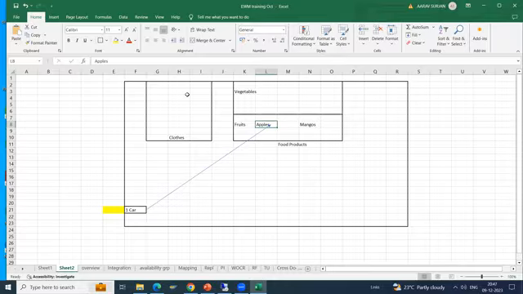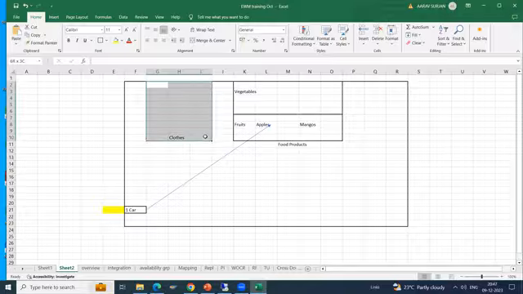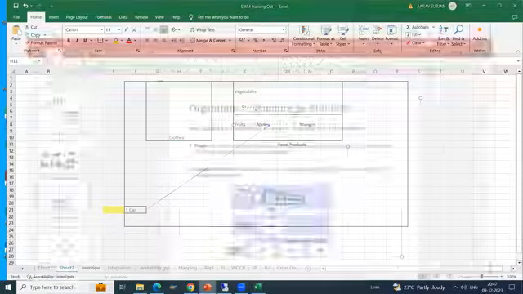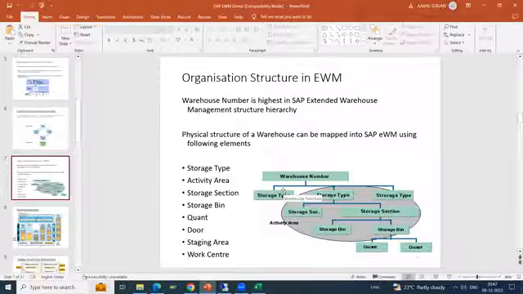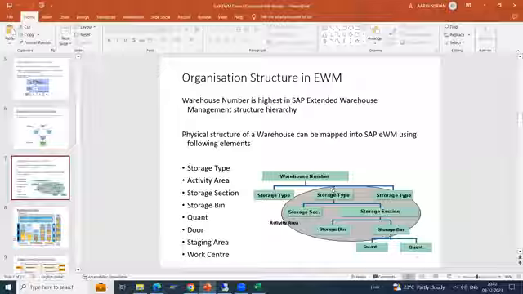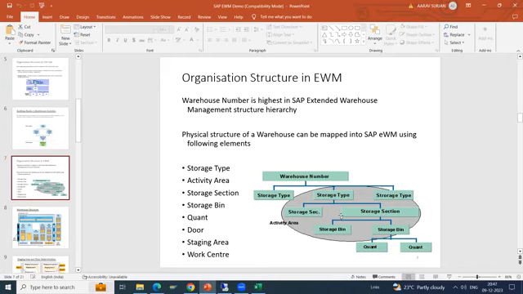Now, this area in EWM is called a storage type. This is the organization structure of EWM. You have a warehouse. Within the warehouse, you have a storage type, and then storage types are further divided into storage sections, and the last spot where you are storing the product is your storage bin.